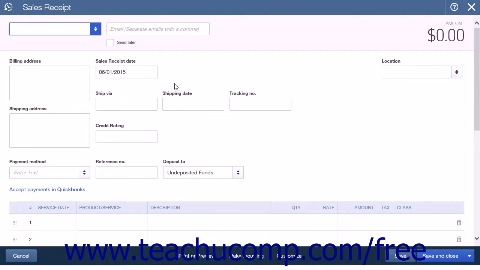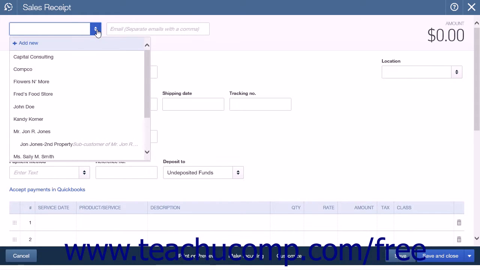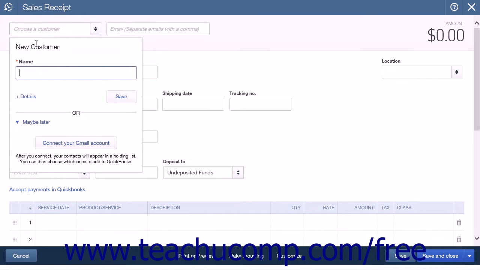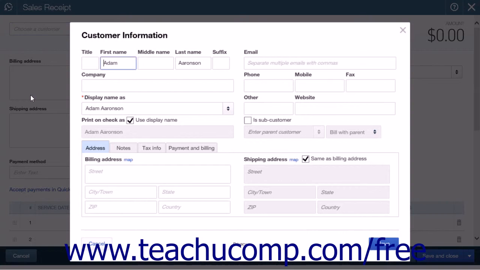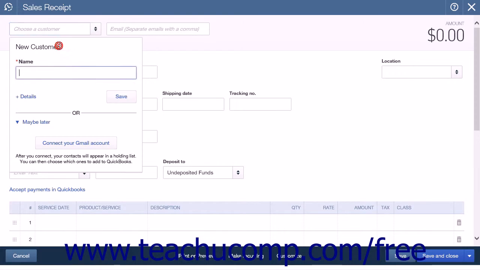The first option within the Sales Receipt window is to use the Choose a Customer drop-down box. Note that you can also click the Add New command at the top of this drop-down list. Selecting Add New from the drop-down box will open a small New Customer menu where you can add a customer's name. There is a Details link that will open the full Customer Information menu. If you choose just to add a name, then click the Save button to save the new name and close